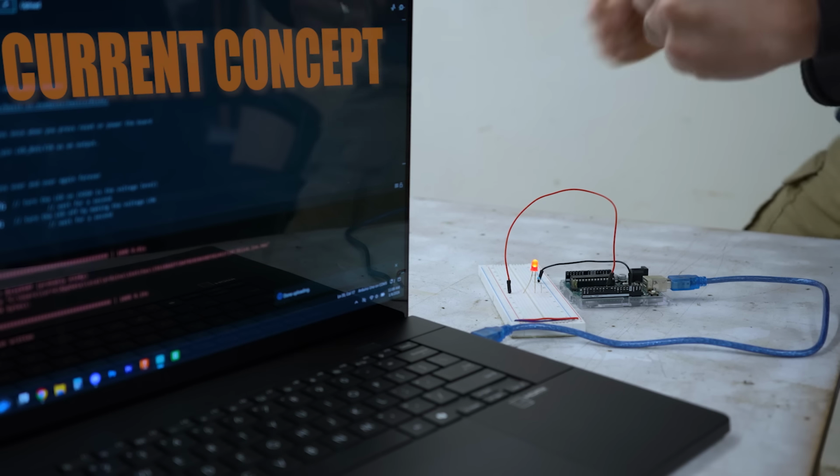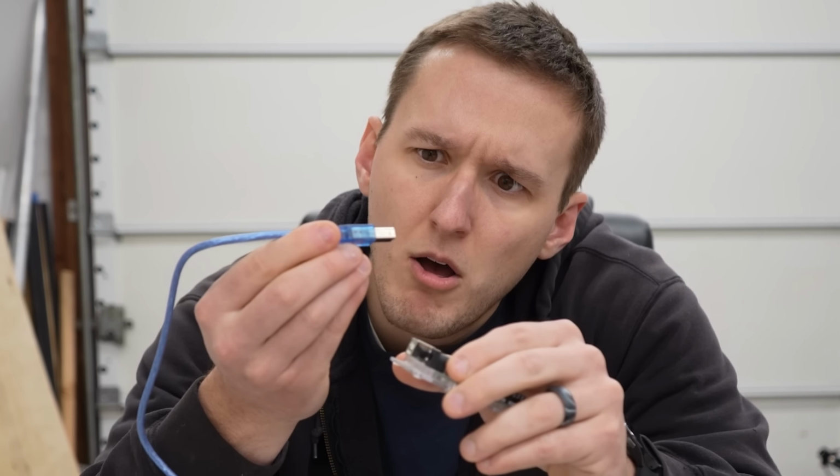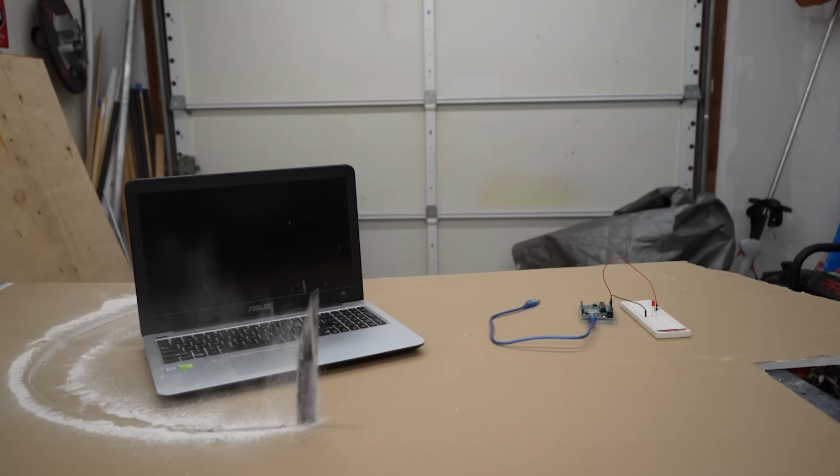All of that work was needed just to blink a measly LED. And this whole process requires a laptop, a programming software, all of this code, and this cable with the connector that puts me to shame. But what if I could simplify everything by cutting out the laptop entirely and just using my voice to program this small computer? 0, 1.